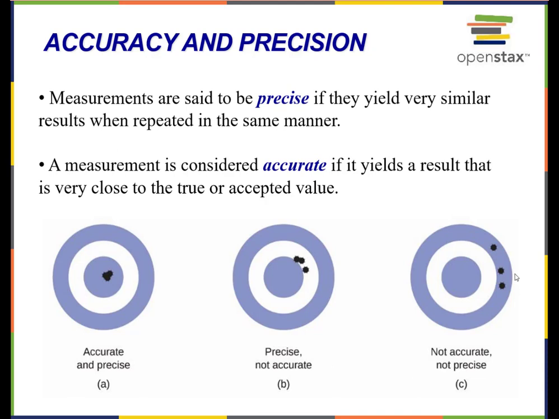And if I weigh an object and one time it weighs 5 grams and one time it weighs 7 grams and one time it weighs 4 grams, and it actually weighs 3 grams, then those measurements are not particularly valuable at all. None of them are close to the middle, and if it's not repeatable, if every time you take a measurement you get a different value, then there's something wrong with the way that you're taking that measurement, or there's something wrong with the device that you're using. And those measurements are not going to be of much use.